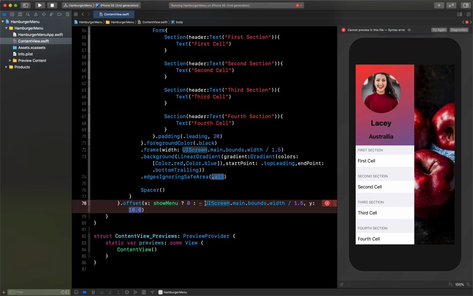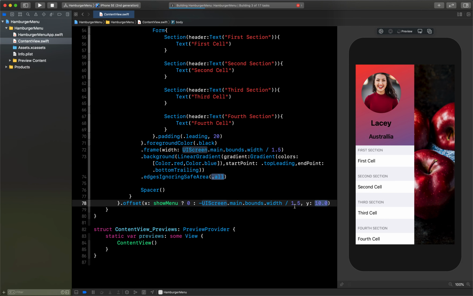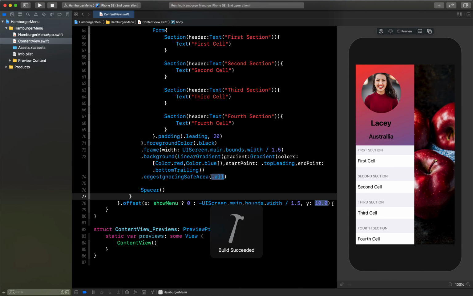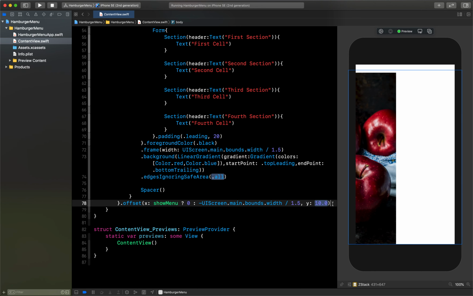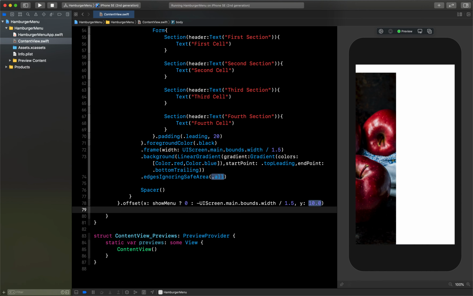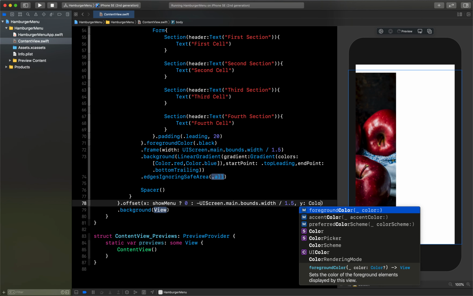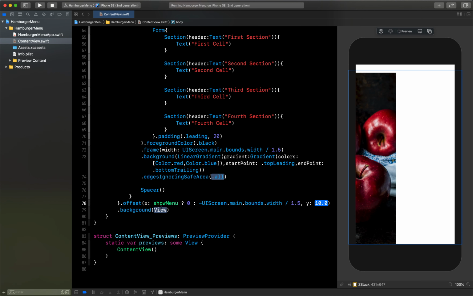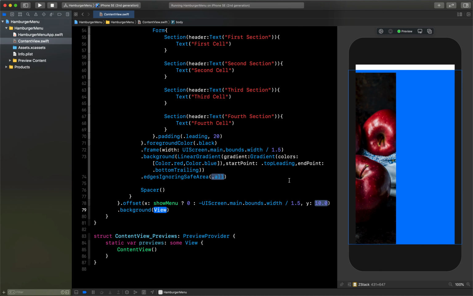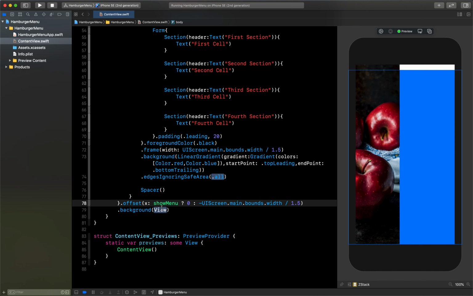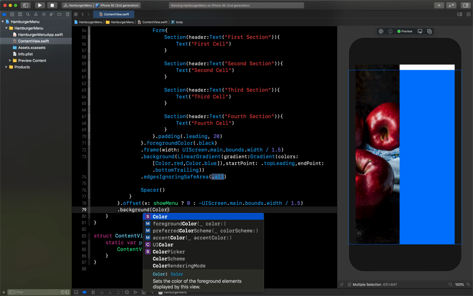Okay, there is some mistake. Okay, I have given space here. Yeah, now the next part is I want to give some background also. Here you can see it is moving this also, so for that we want to do some adjustment here. So for that I will first add the background. My background will be color, not here. I just need to move this Y value. I don't want to set the Y value, so let me just remove that. Yeah, now we need to set the color here.